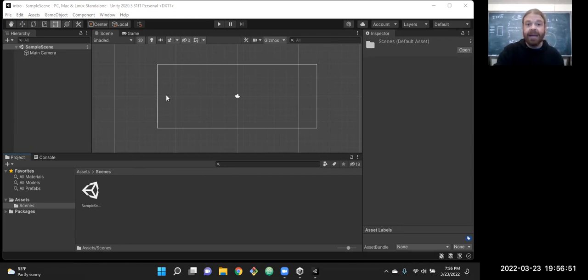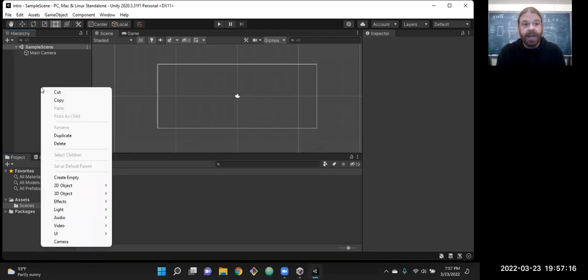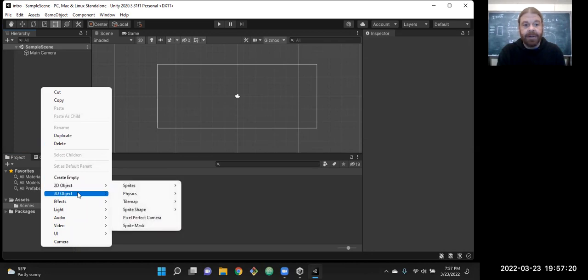So we need a text object, something we can write text to so that we can write sentences about ourselves, right? Like in my case, Chris is 43 years old. Chris lives in Clarksville. Chris has 3 goldfish. Those sort of introductions. We need a place to put those sentences, so we need a text object. So over here in the hierarchy, you can right click, and here's stuff we can just create here.